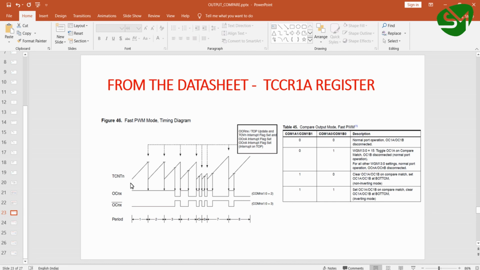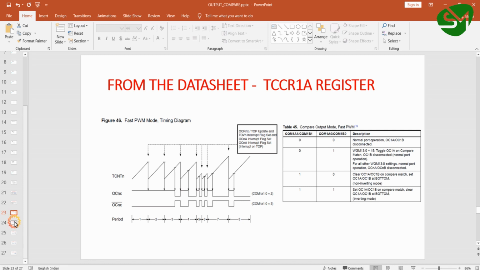So initially when the timer starts, as we set the fast PWM in 10-bit mode, the timer will count from 0 and it will reach maximum value 2 power 10, that is 1023. Once it reaches 1023, it will fall down to 0 and again it will count till 1023, and this process continues in timer. And as we know, the output compare module is used for generating the PWM in our timer 1. We will be loading a pre-programmed value for the output compare register, that is OCR1A register.